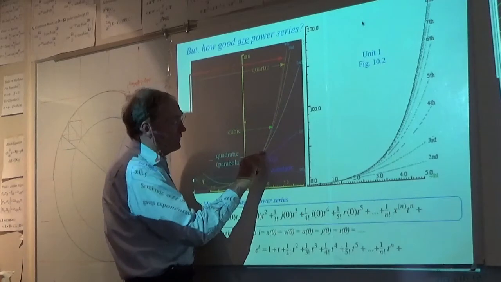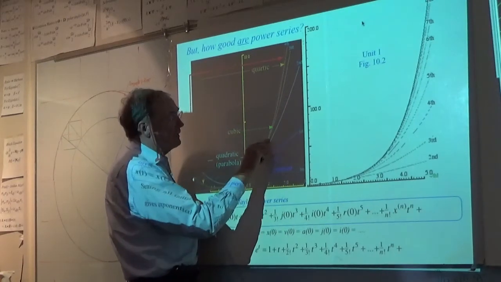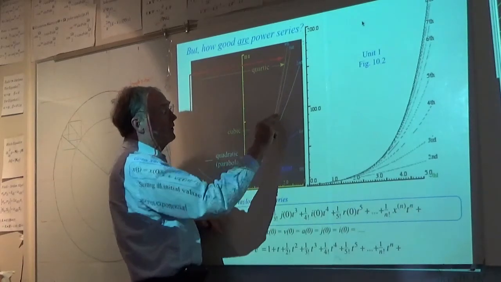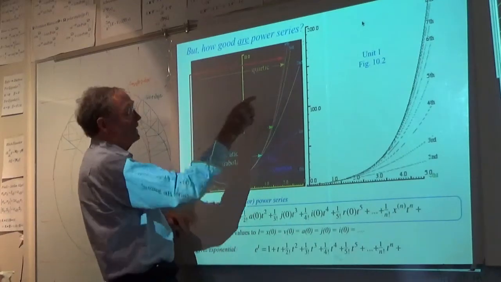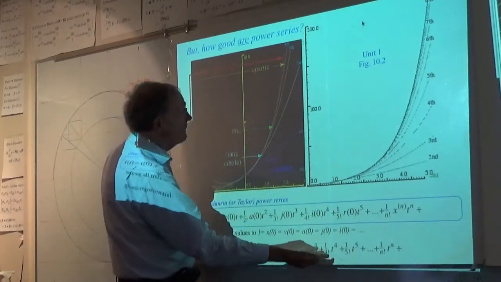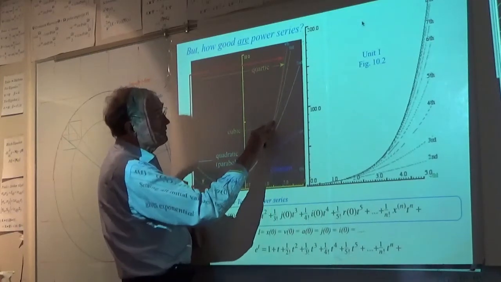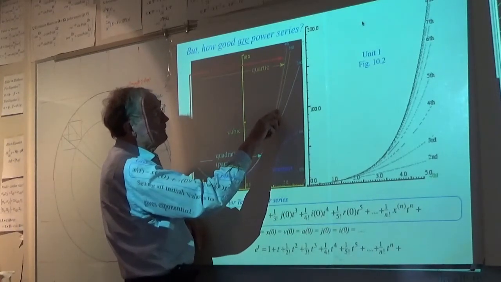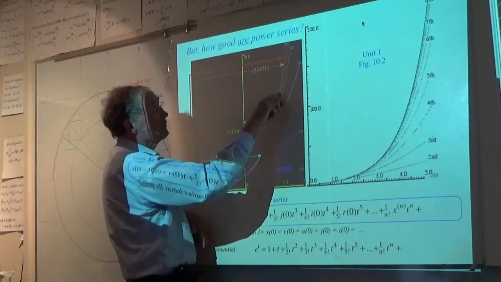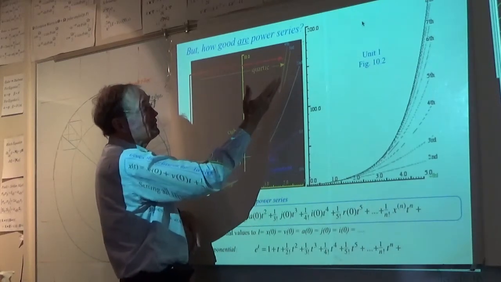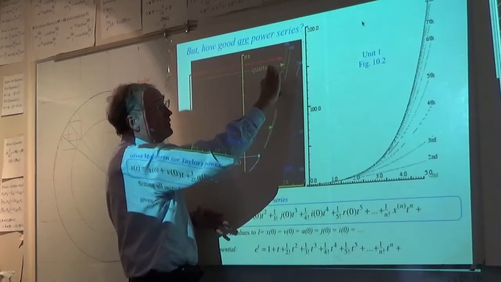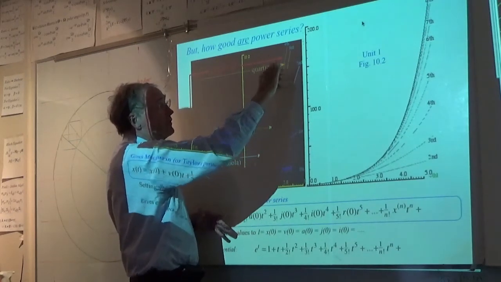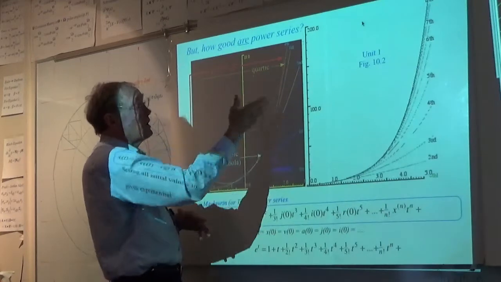Then the cubic, it's good up to about there. Then it falls down, you see, and so forth. The quartic, the fourth term, makes it to within a pixel to about there. Then it falls away. Now it doesn't look like it's falling away very fast, and indeed it isn't. But remember, we're measuring things vertically here, so it really is falling a lot more than it looks like.